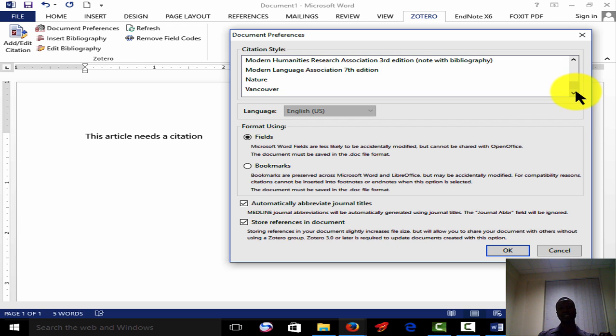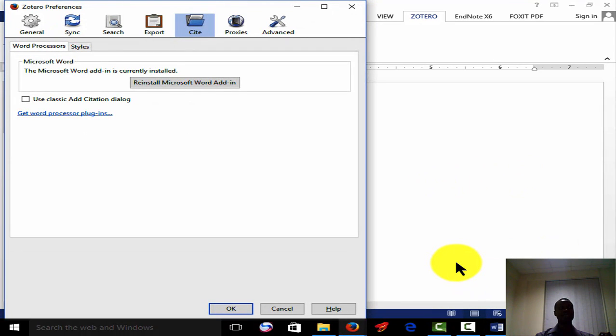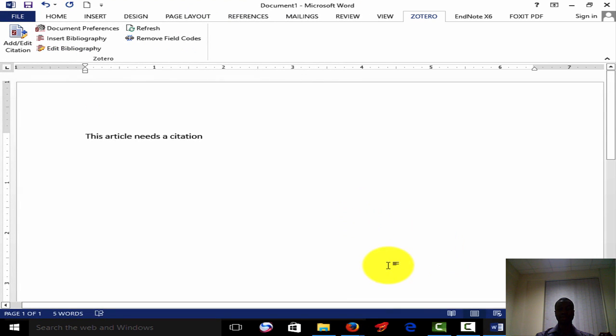So let's close this and go back to Zotero, and we can go and then get a particular citation style that we want. So let me close this for the meantime, and like we were saying, if you want to choose a citation style and you don't have the particular style you want to use in your Zotero Word plugin, you can go back to Zotero online and then choose the particular style that you want to use. So in the Zotero